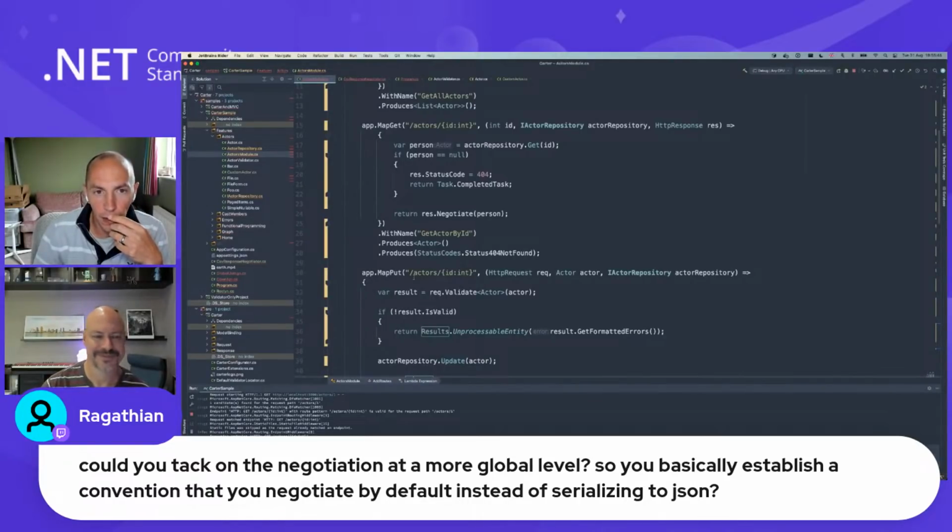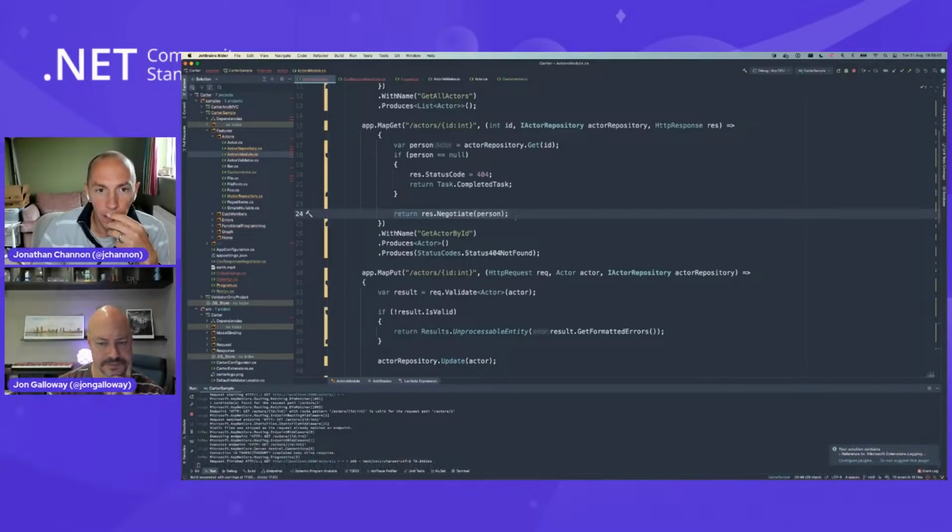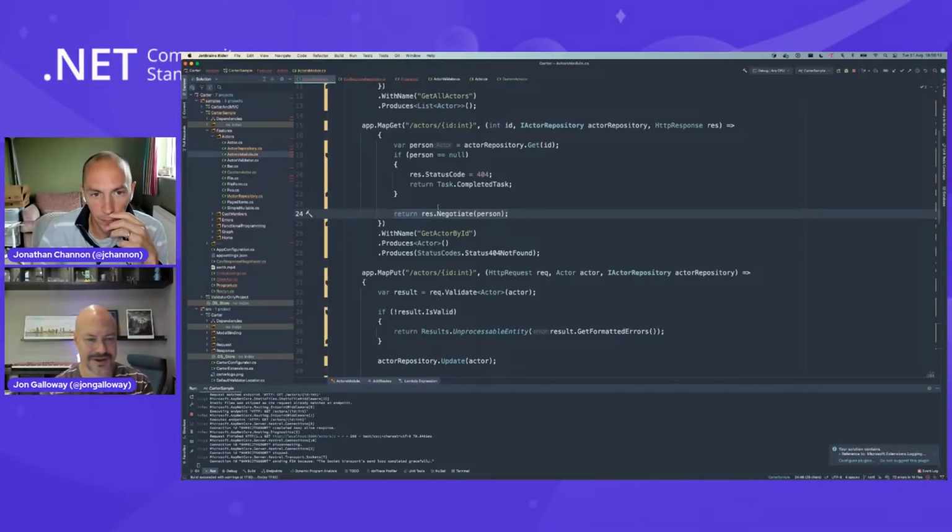No, because the response negotiator will be there for all of your routes, but the response negotiation will only be executed if you tell it to do that, which is here in your route. So, for example, if we just said return person, that would just return a JSON version of that person, because that's what minimal API is set up to do.